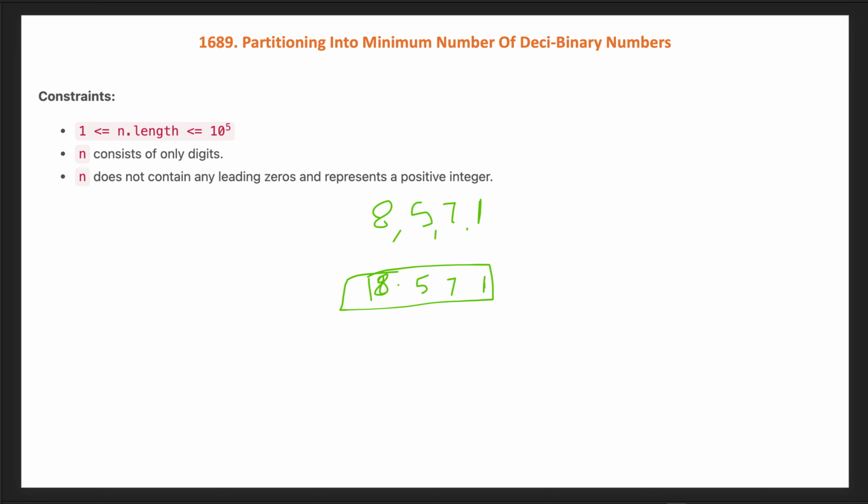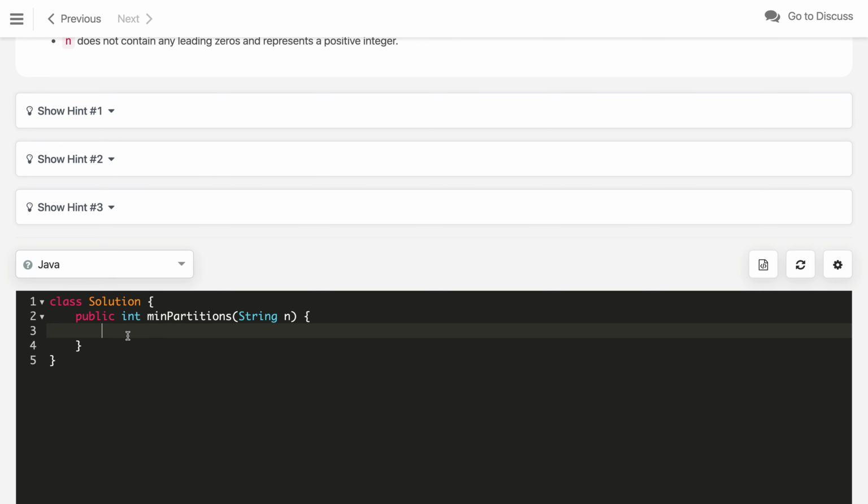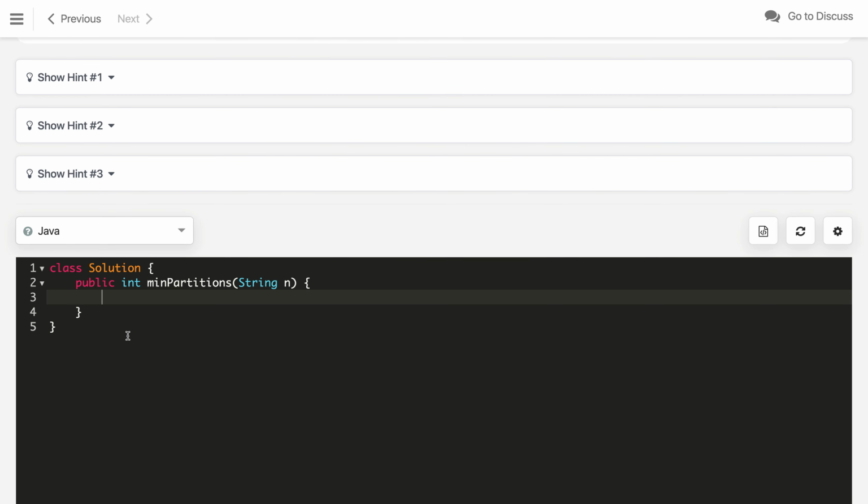So that's it. Now you can pause the video and try to code it yourself first. Let's quickly implement the code. This is not that hard a problem, just getting the idea is important. For the code, let's define a result initialized to 0.